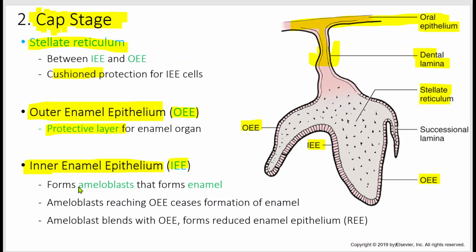It forms the ameloblast cells. So these cells that you see here would afterwards form a new type of cells, we call them ameloblast cells. And ameloblasts are the cells that will make the enamel. They will start depositing the enamel as they go up, and this would keep moving up in this direction, and then keep forming. These would keep forming, going down from here and here to make a crown shape of the tooth. Okay,